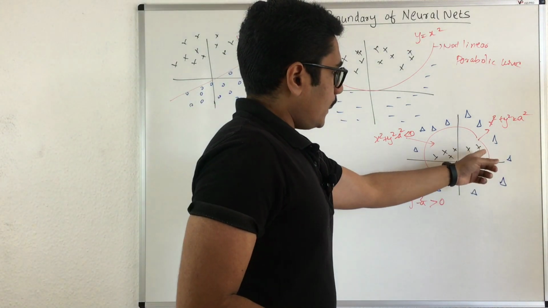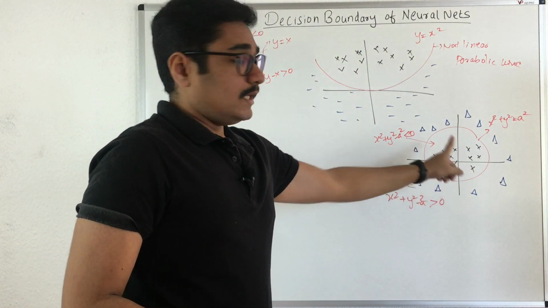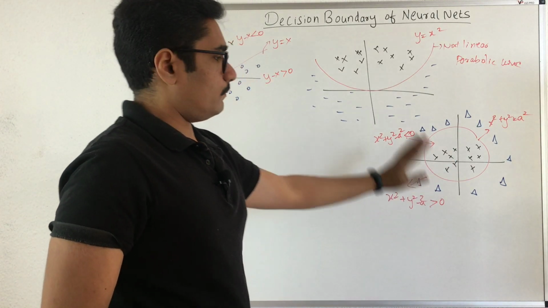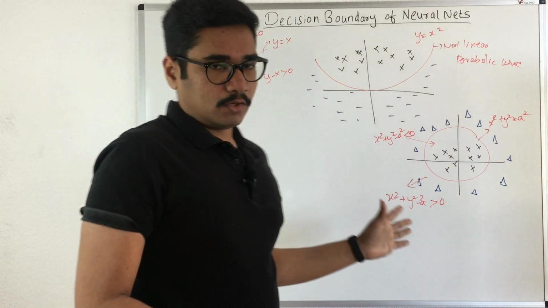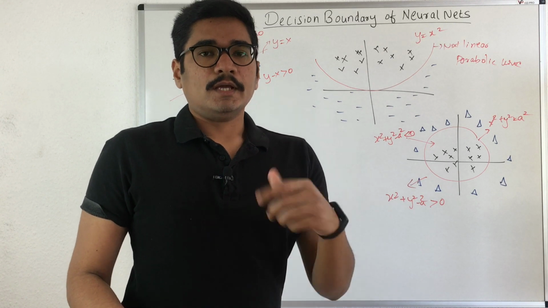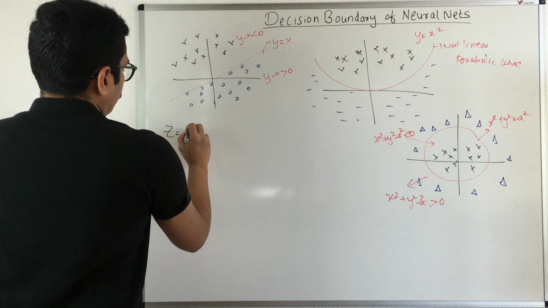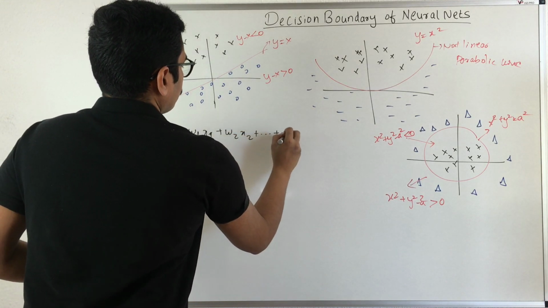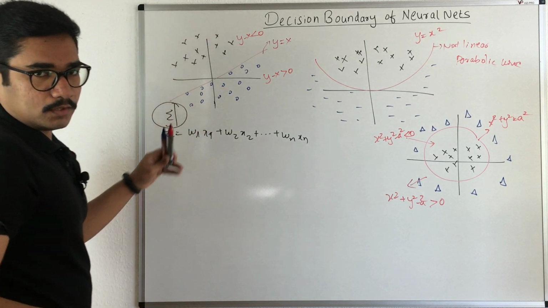For points lying on the circle, you have this equation of a circle, and for points that lie inside the radius this value is less than 0, and for outside it is greater than 0. So now you can see different types of decision boundaries across different algorithms, and you need to make your neural network learn all these decision boundaries. If you remember, we have the linear part, where we compute w1 x1 plus w2 x2 up to wn xn. This was the linear part that we were computing in this particular unit.